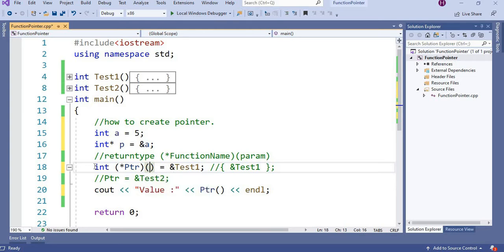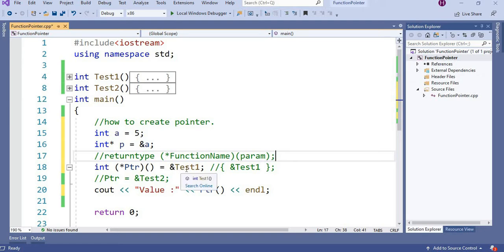Its return type is int, so the return type here is also int. And this is the function pointer name, this is the param, and it is pointing to test1. To create a function pointer: return type, star, function name, and param. It's very simple to create a function pointer.